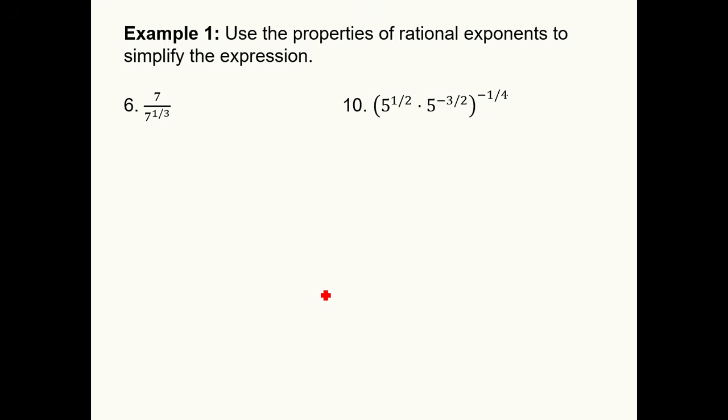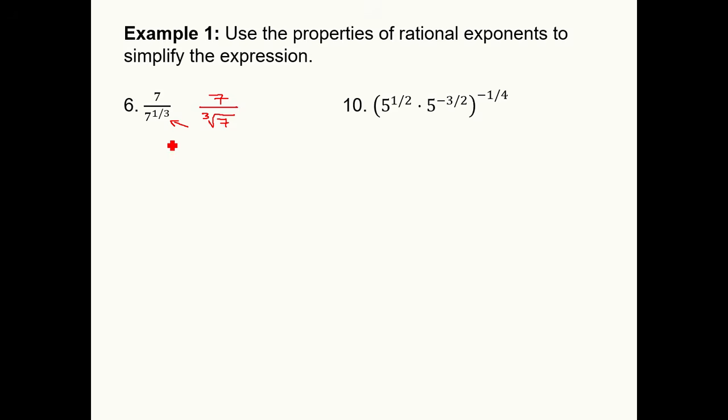All right, so let's put some of this to work. A lot of times the examples speak a lot louder than the actual textbook jargon. So number 6 here, this is not considered to be proper form because this 7 to the 1/3 power is in the denominator. What we've really got is 7 over the cubed root of 7. So it is not considered simplified. We have some work to do.